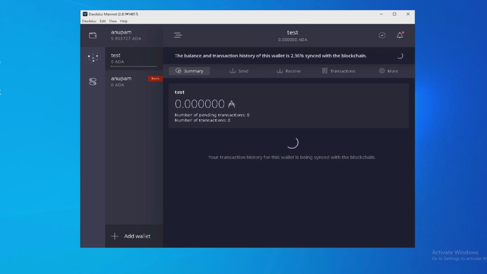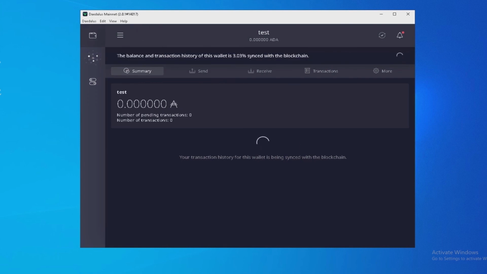So when you are creating this wallet, you are creating it on that database, and that should synchronize with the main blockchain. So this is the way you should create your wallet.